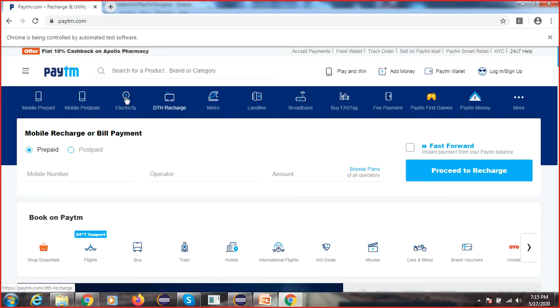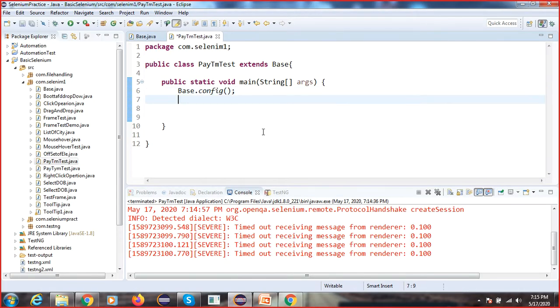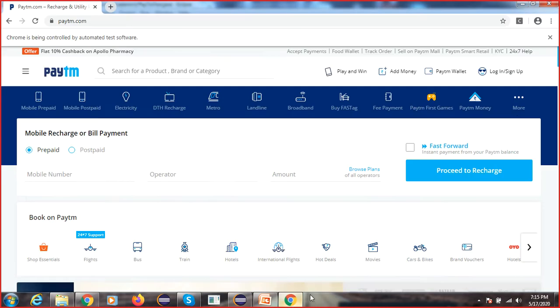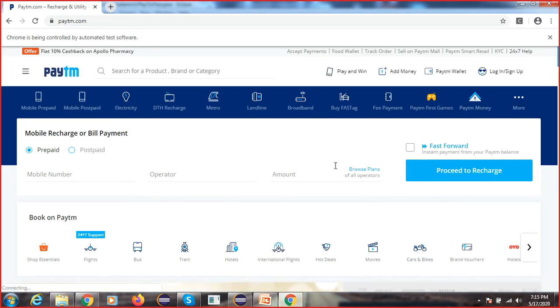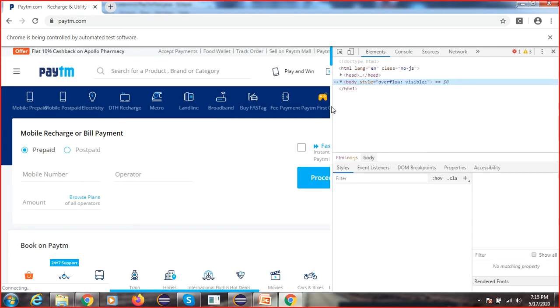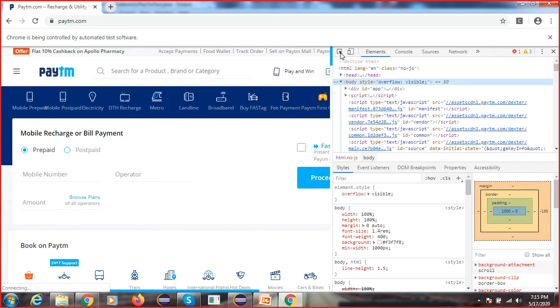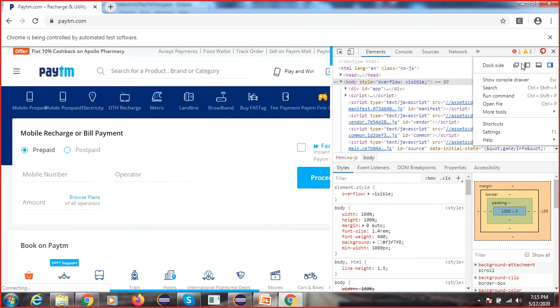Yeah, it is working, right? So it is launching this. What are your next steps you have to do? You have to click on there, right? So you have to find the elements. Whatever steps we are going to execute, we will minimize this day by day. You are finding the element, right?